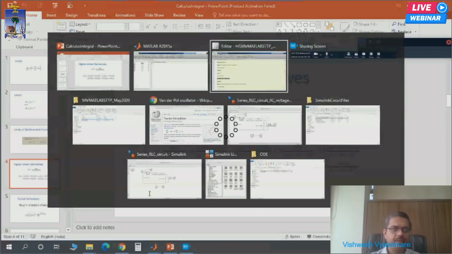syms x, f is equal to square root of x. I want to find the integration of root x. This is an indefinite integral. What is the integration of root x? It will be x to the power 1 by 2 plus 1 divided by 1 by 2 plus 1. So 2 by 3 into x to the power 3 by 2. Let's see what the answer is. Yeah, this is the answer, 2 by 3 into x to the power 3 by 2. This is how we have got the integration calculated for this function.